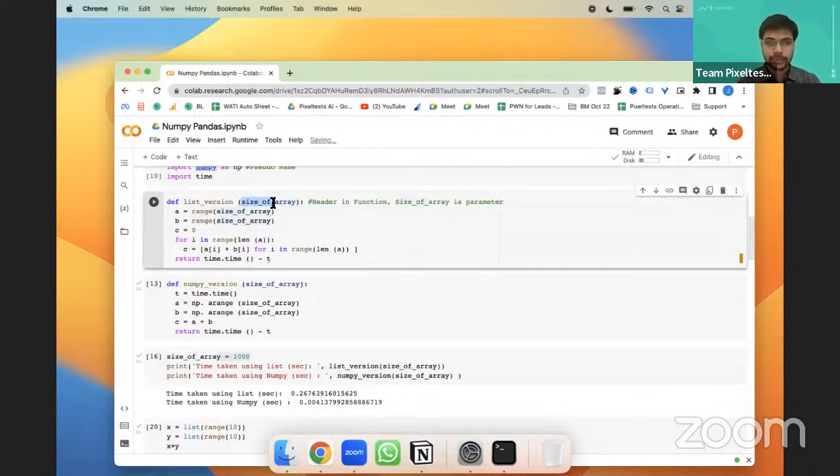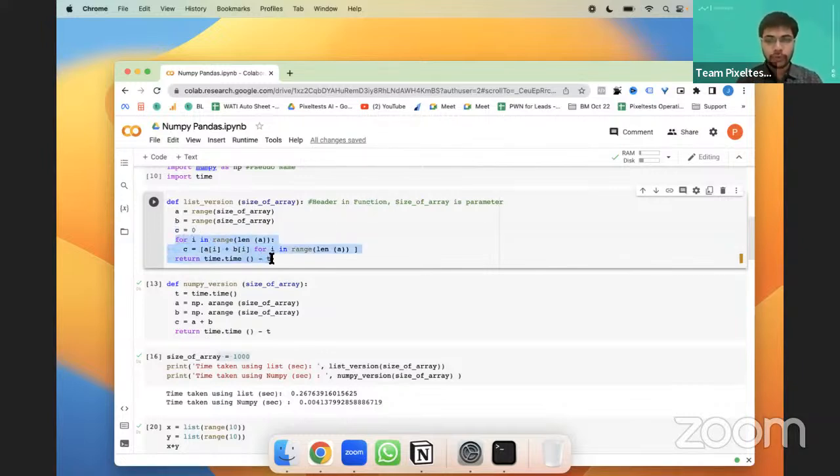If you are going to pass 5000, a will have a list of 0 to 5000. Now b is also a range of the same number, right? Now c we have created is 0, right? So basically we have initialized another variable, and we have given it the initial value 0.